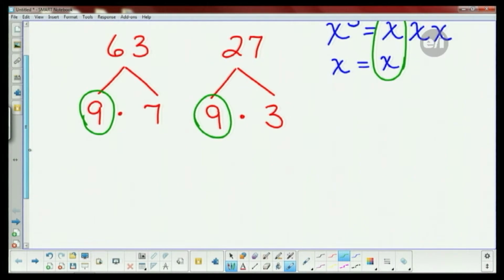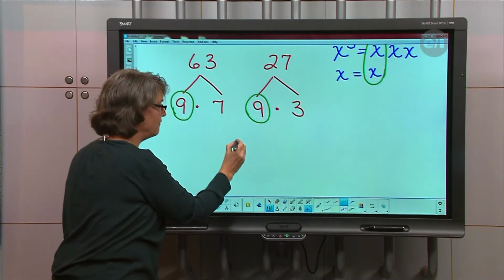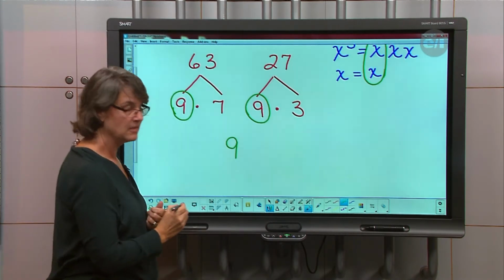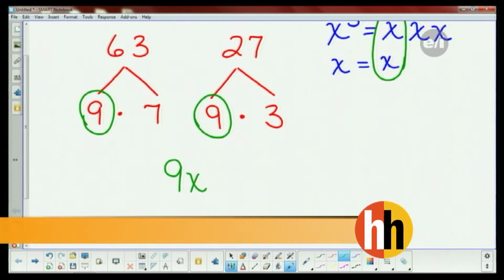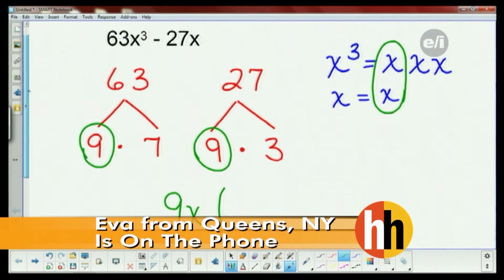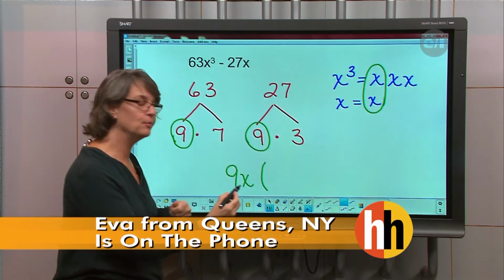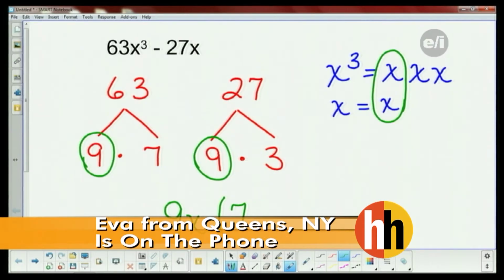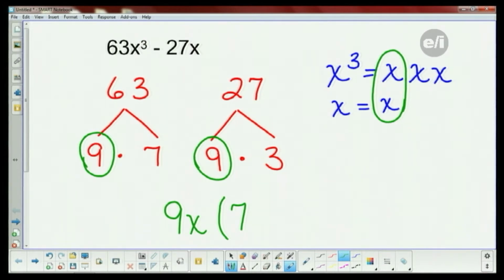All right, so now we know what gets factored out. The 9 is in common, so we're going to factor out a 9, okay? The x is common, so we're going to factor out the x, all right? All set? Okay. All right, so now, with 63, the 7 was left, right? Yeah. So that's going to go inside the parentheses. So we're going to put the 7, and with the x cubed, how many x's were left when we factored out 1? 2 x's were left. 2 x's, so we have x squared, okay?